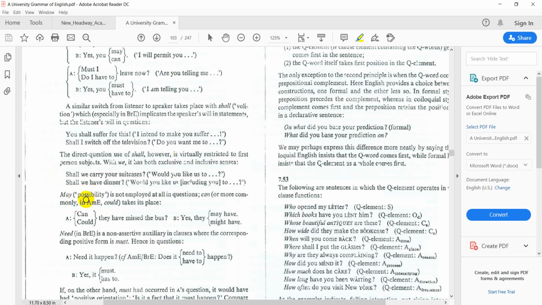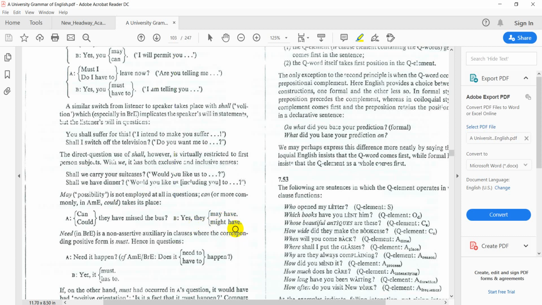intentionally we use shall instead of will. May, if it means possibility, is not employed at all in questions. It is never employed in questions. Instead, if I want to ask with the meaning of possibility, I use can or could,